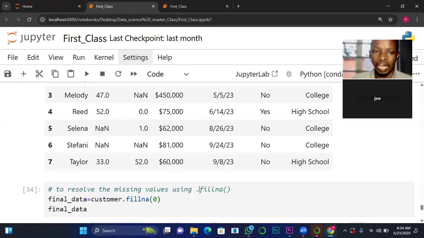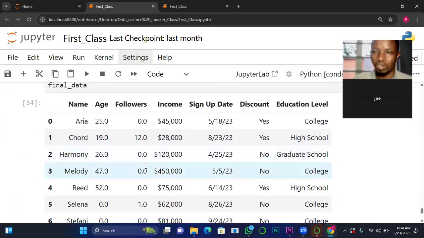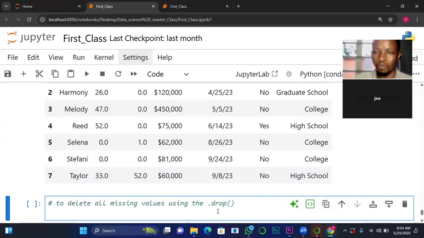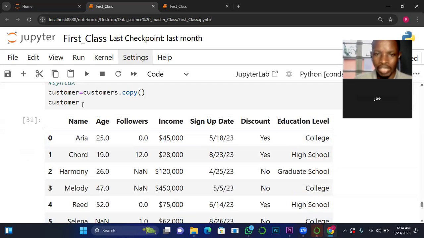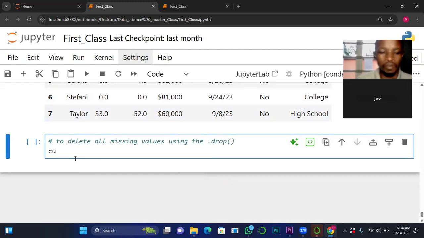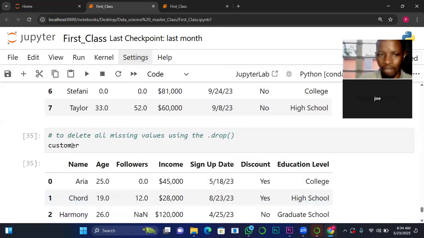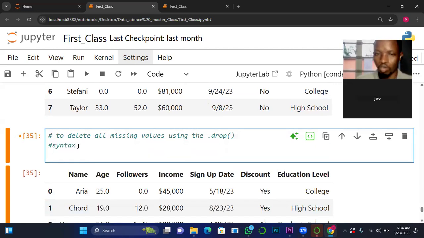the essence of saving as raw now, because I did not copy. Now that I have already changed all this to 0, which one will I work with now that I want to perform this? So now I have to use this very one. I still have my customer in this case because I've saved the final one. So if I call cost now, just to find out if I'm still having a missing value there. Yes, I'm still having missing value. So let me use this to perform the deleting. So the syntax is going to simply be,